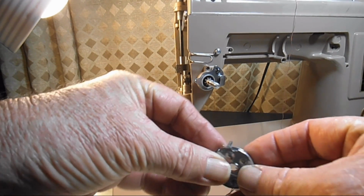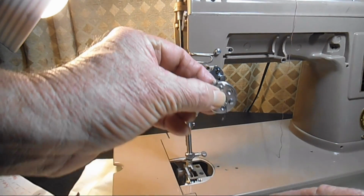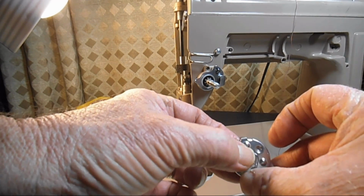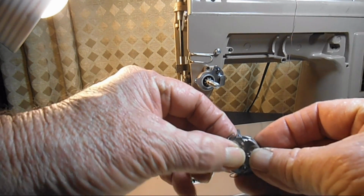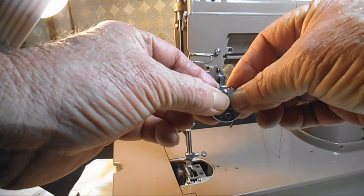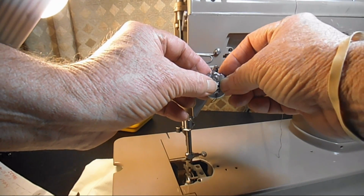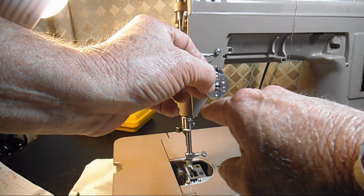And then I have found if you put that guide post that goes in the machine up on the top and arrange the spring so that the tail is kind of hanging straight down towards the top of the table, that will put that little spring tail up around 12 o'clock up at the top. And then you just slowly guide this in here. Once you get it on there, you're less likely to slip, so you can maneuver